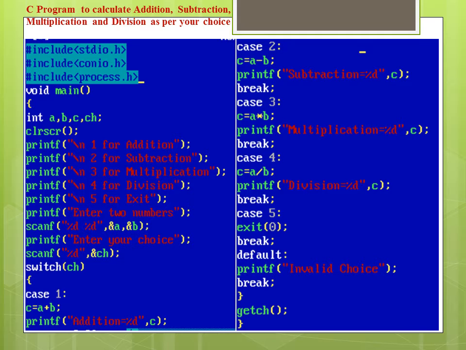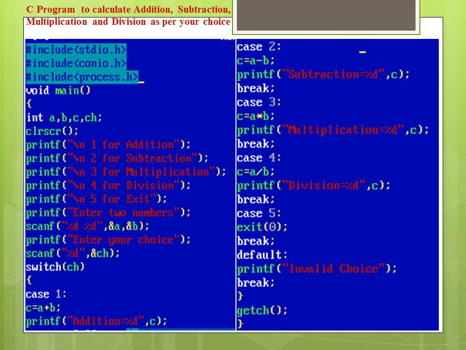After that, in the main function I have declared four variables a, b, c and ch, and by using the printf function I displayed a menu on screen, that is 1 for addition, 2 for subtraction, 3 for multiplication, 4 for division, 5 for exit.